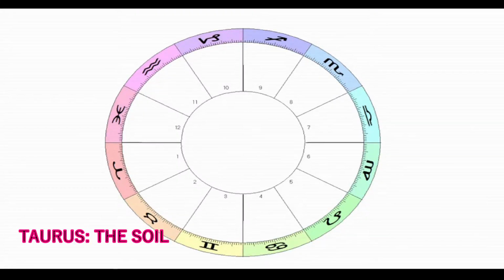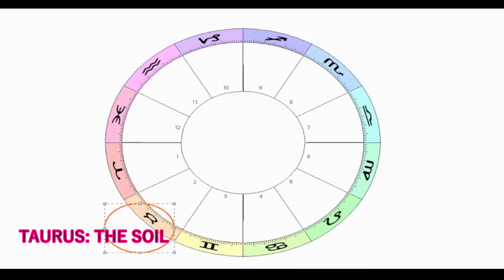Okay, so then the next sign that we have is going to be our fixed sign, because it's the middle of spring. So the fixed modality is going to be more stubborn because it's going to be more fixed. It's situated itself into the middle of the season. But as you'll see, this stubbornness can also be interpreted as strength, and it's a necessary strength because